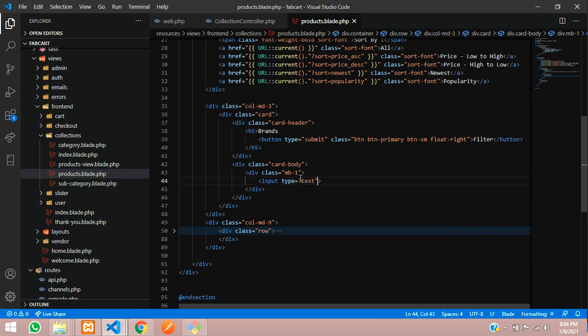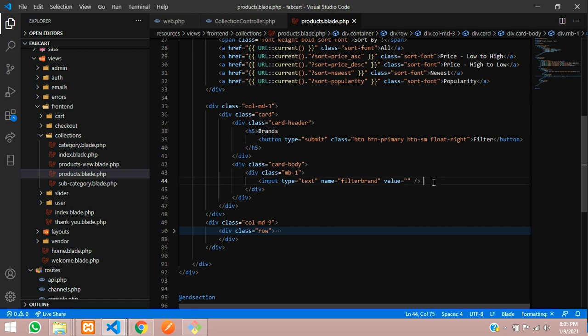Here the input tag will be, and then your name, where we will say filter brand. I'll tell you what value we have to pass over here, the items' brand things. What are the brands we require, that will be passed. Before that I'll create the user interface for it and then we will clear it.